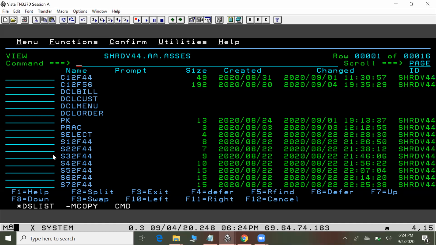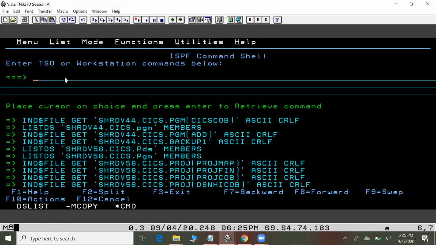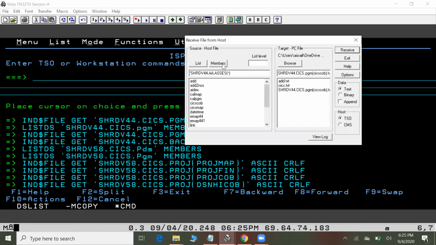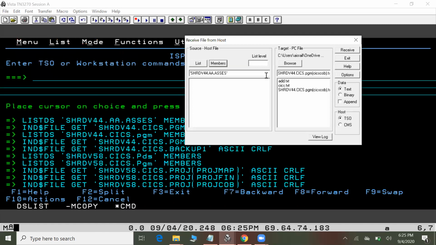I can see I have 16 members, and if I want to list its members in transfer, in receive from host, in quotes the name of the PDS and star, this is how we give it. Now when I say list the members, it will show here but it won't show here. You can see now.